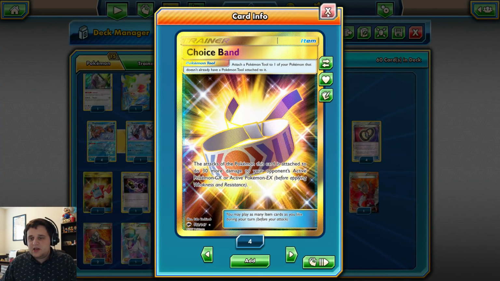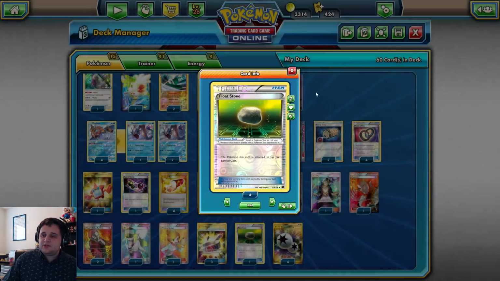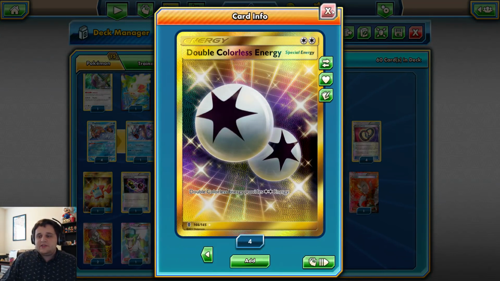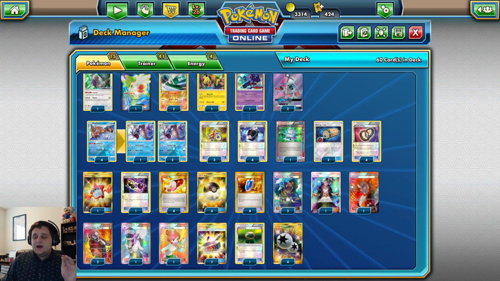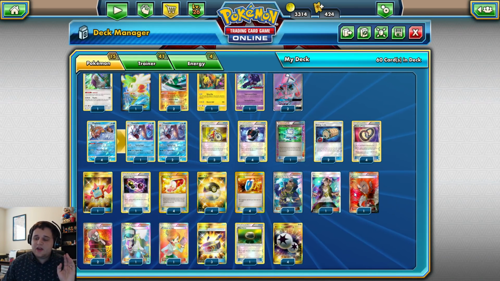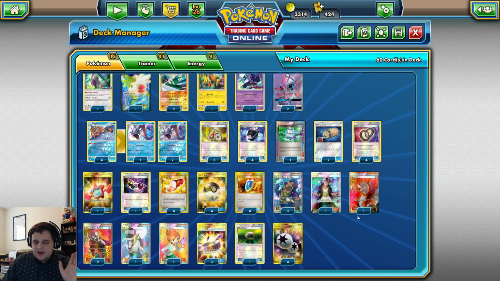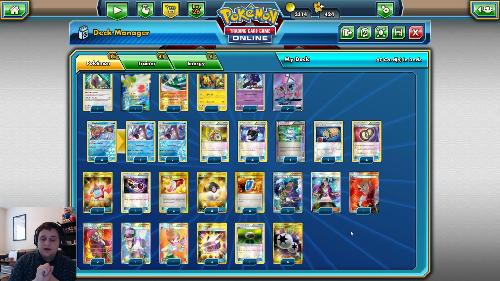3 copies of Choice Band so we can boost our damage a little more if need be. 1 copy of Float Stone and 4 double Colorless Energy to round the deck out. I do kind of want to find a spot for a Field Blower, just another card that could help us pull off the Maxie or Archie if we need to. I think I would cut maybe Lysandre and then 1 other card and find a spot for a Field Blower and